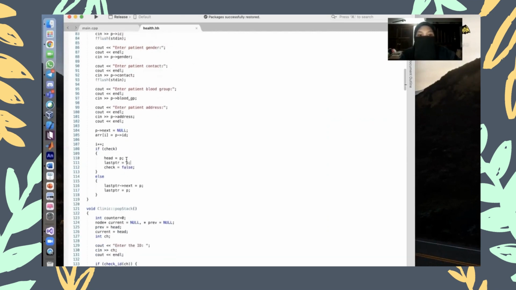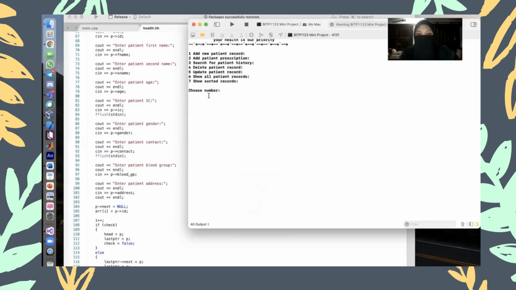So let me try to run this. What I'm going to do is add a new patient record. So I need to choose one and then enter the patient ID. Okay, and then I will enter the patient first name. So for example, Maya, and then the second name is Sarah. After that, the patient age, and then the patient IC,